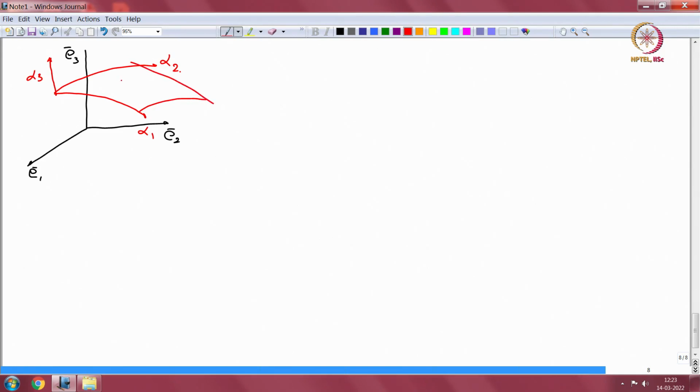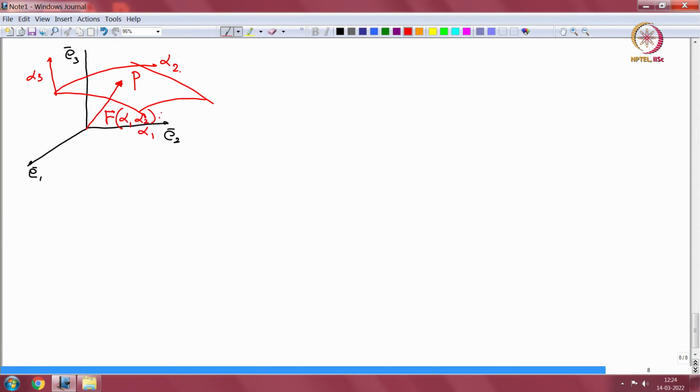So there is a point P and there is a vector describing the point. So how do we describe it? This point R